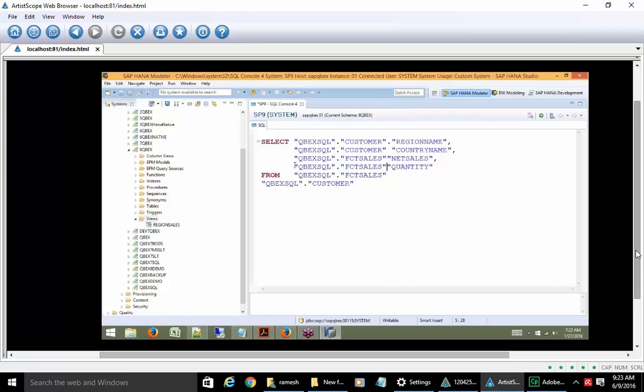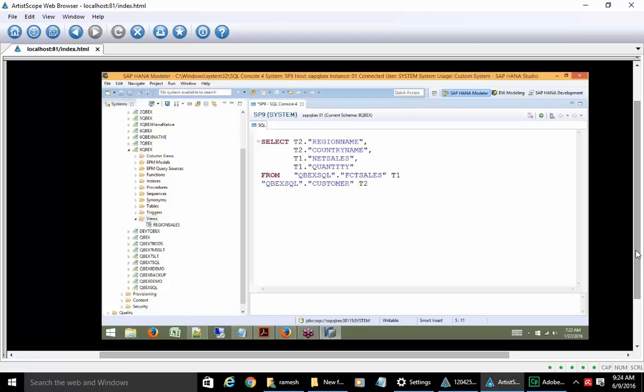But the table name is really big. Instead of repeating the table name in the entire select, what I would do is go with an alias name. I'll set this as T1. When you specify some name after the table name like this, it is an alias name. So in the entire select, I can use either the table name or this T1. And then I want to set this one as T2. Now instead of repeating the very big name, I can say T1 dot region, sorry, customer. Customer is what? T2. And this also T2. And net sales? T1 dot